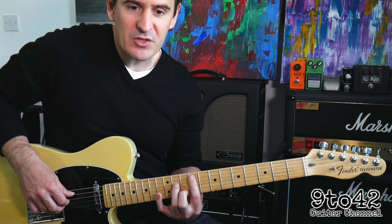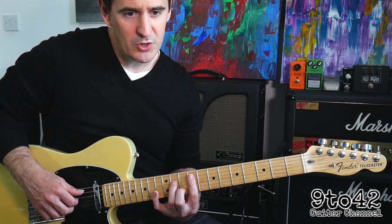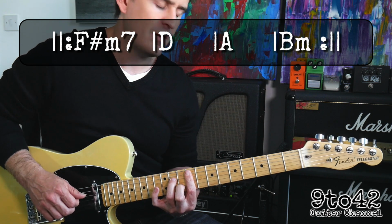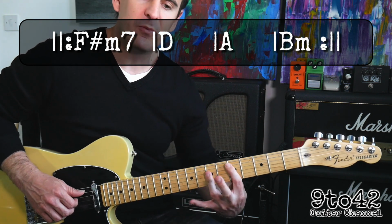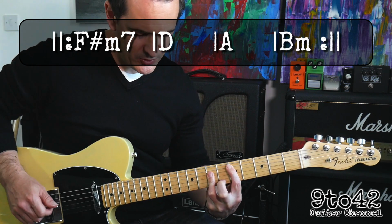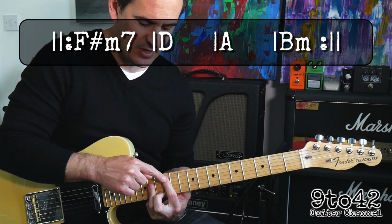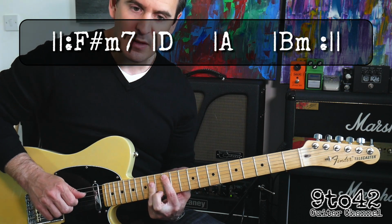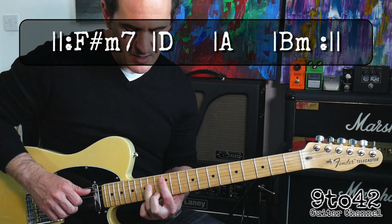So the next section is going to go to F sharp minor 7 to start with, we've done that already, and then goes down to a D chord, which we've done that, then takes that same shape and moves it all the way up to the 12th fret. So your first finger's on 12, third finger's flat on 14, play the middle 4 strings again, and then, so